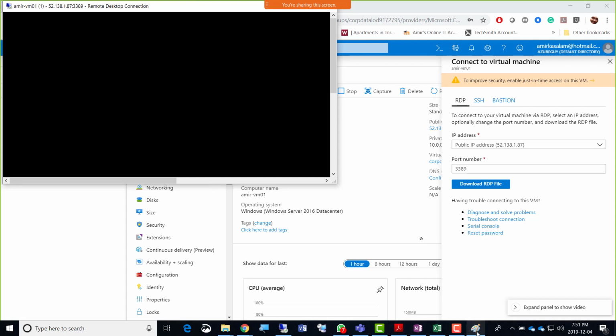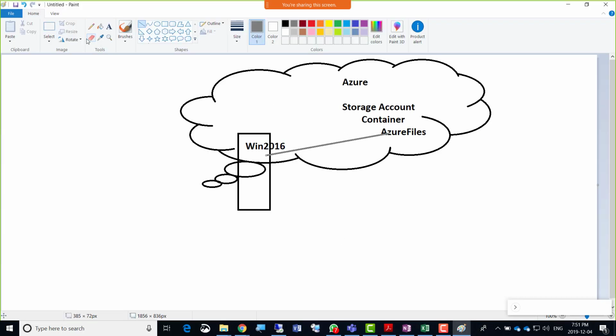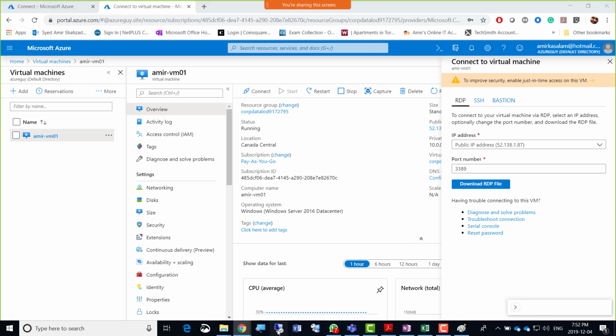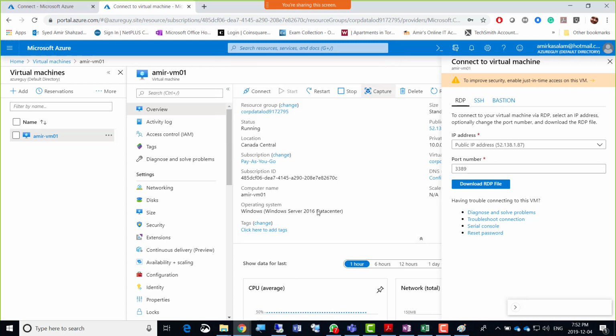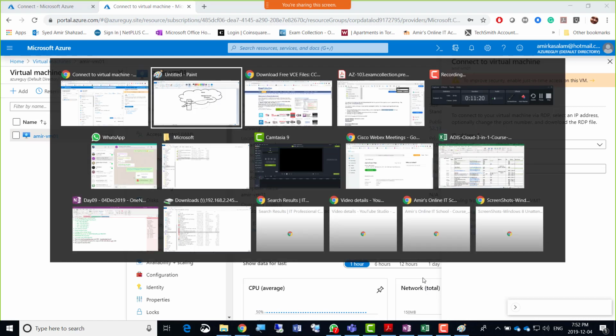So what we are doing right now is this. We have already created the container. We have already gone for the Azure files, and we are just waiting for Windows Server 2016 so we could run that script command in the command prompt for 2016, and the Z drive will show, which will connect us to Azure files directly, right? So that's what we're trying to do here, and we're convincing the Windows to cooperate with us. It was starting somewhere here.